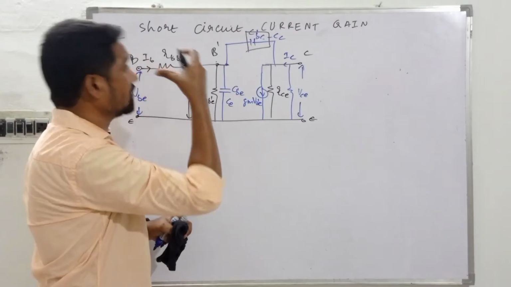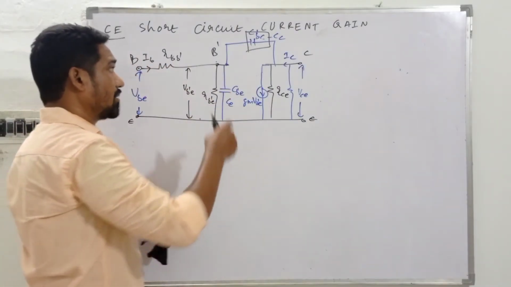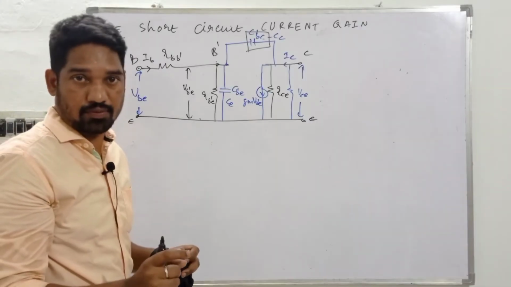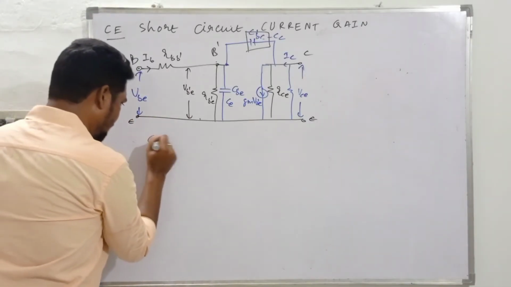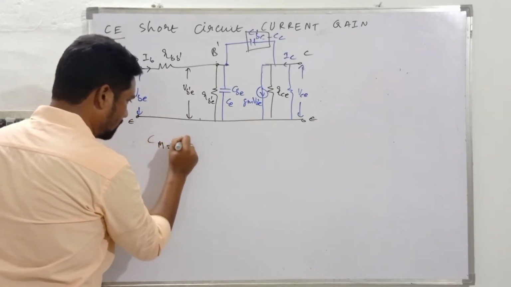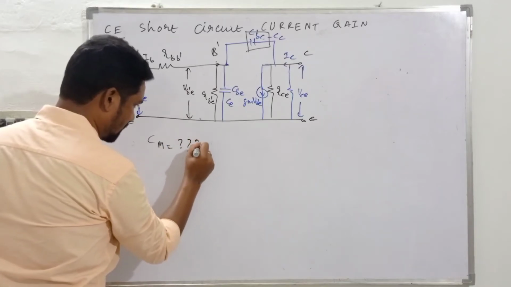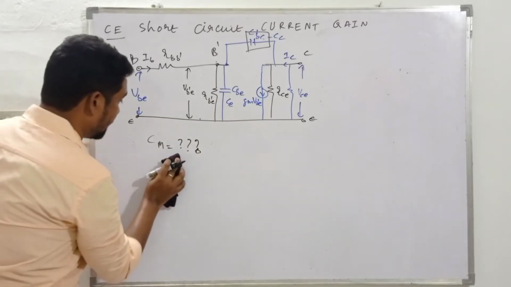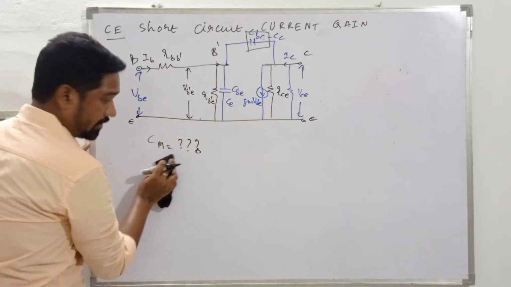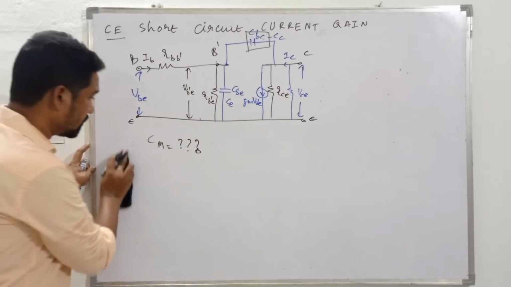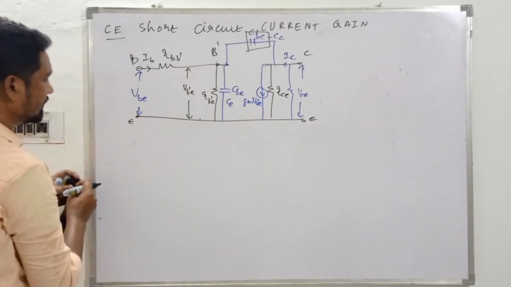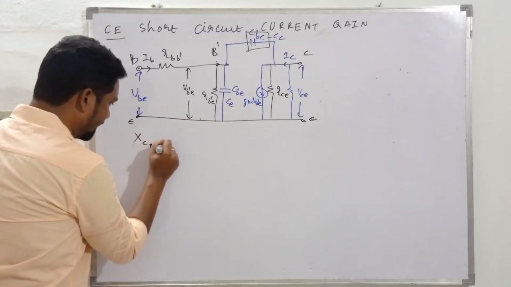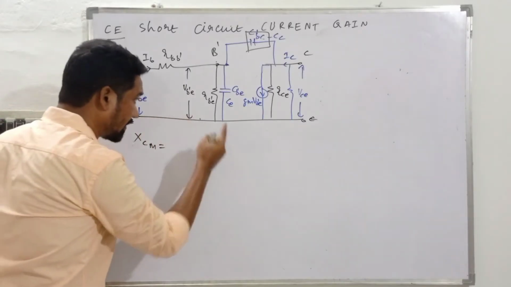If you talk about capacitor, that amount of capacitance which comes over here has got the name Miller's capacitance, CM. Miller's capacitance CM, which is equal to how much? The question is what amount of capacitance to be placed over here. This doesn't give us any particular information, but considering the reactance X CM will give us the information what amount of capacitance to be placed